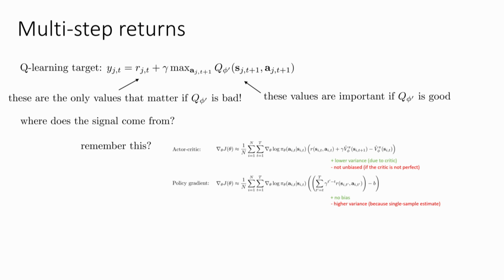Before that, we had another way to estimate returns, which was to use Monte Carlo sums. That's what we used in the basic policy gradient algorithm. And we saw that these things have no bias, but they have higher variance because they're essentially single sample estimators for some gigantic integral. So we saw in the actor critic lecture that we could trade off these two things by essentially interpolating between these kinds of low variance biased estimators and these kinds of unbiased high variance estimators. And we saw that we could do this by summing together rewards not for all time steps, but for a few time steps, and then putting the value function at the end. We can do the same thing with Q learning.